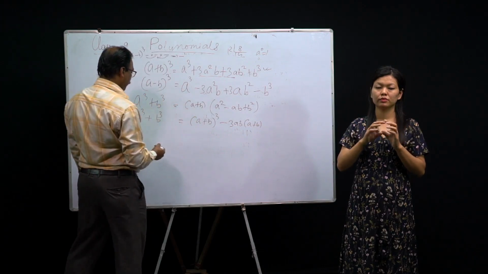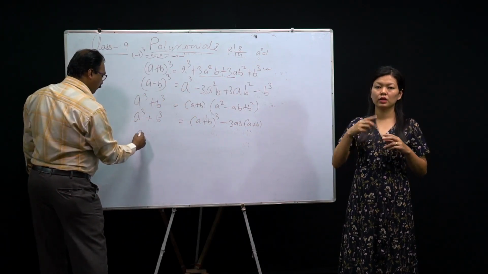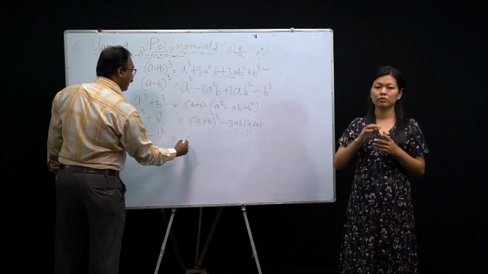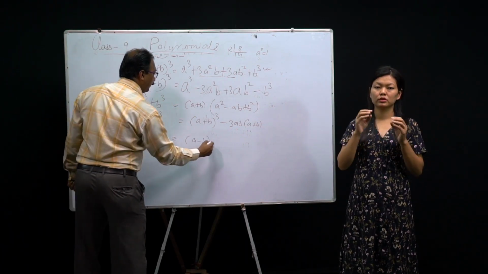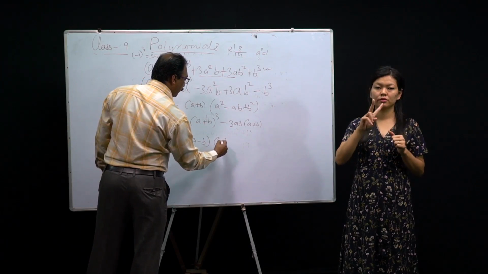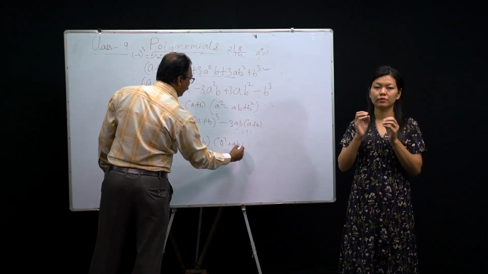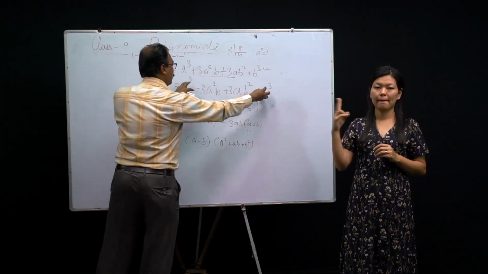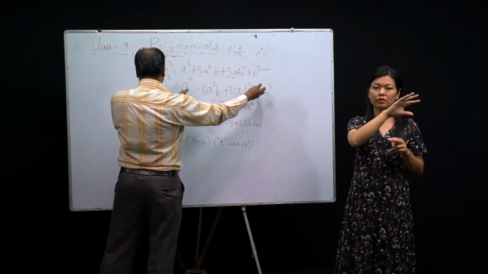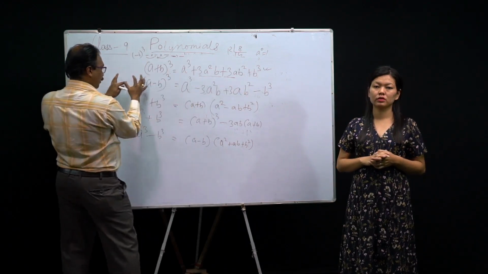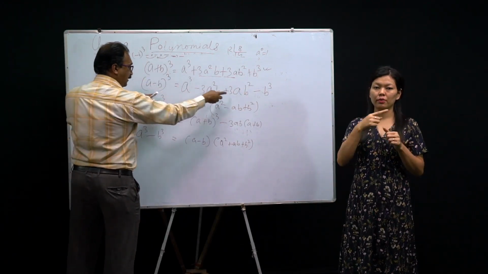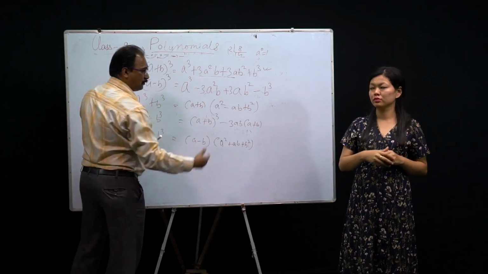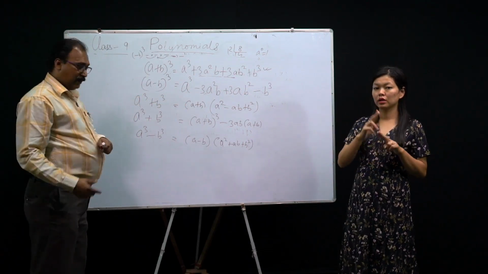That we can apply. Another formula, a cube minus b cube. The factorized formula is (a minus b)(a square plus ab plus b square). Same thing. Look at here. If you bring this one to that side, a cube minus b cube here, these two here. So a minus b is there, and this plus this minus 3ab common means a minus b will come. Then taking a minus b common means all will be positive. Clear?